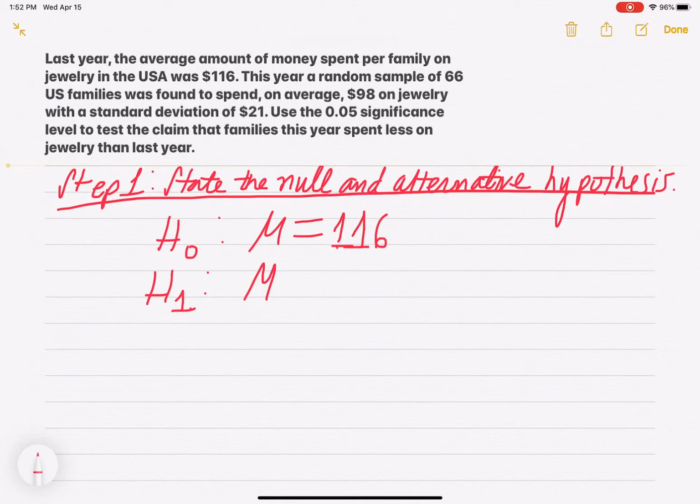Now the alternative does not involve equality, right? It involves something else besides equality. Now, since it's talking about less than, that's the claim, right? Families this year spent less on jewelry than last year. So we're going to do less than here for the alternative. That's going to be less than last year's, which was what, 116? This is the claim we're testing. This year's average is less than $116, which was last year's average. Okay, so we got the null and alternative hypothesis. Now we're ready to look at the